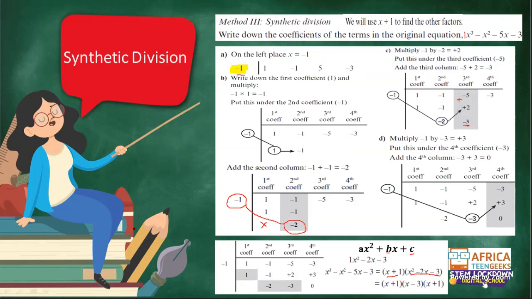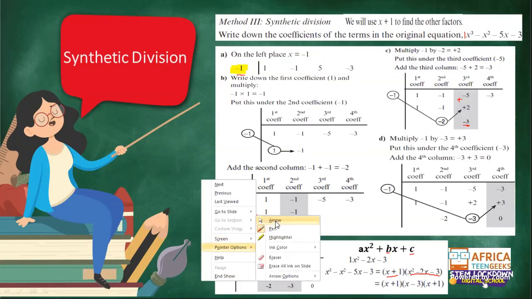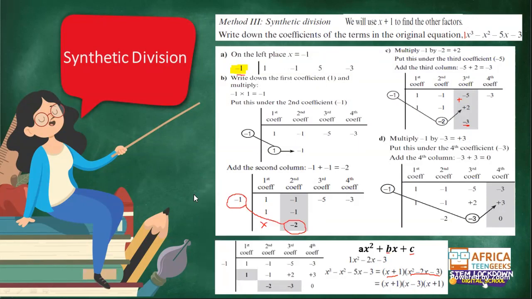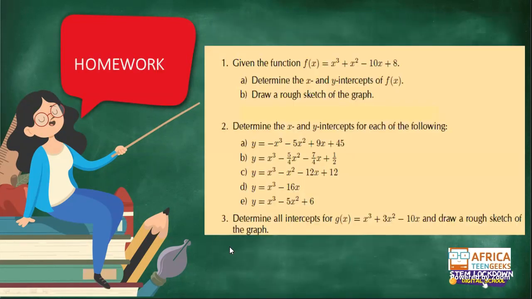Okay. So please try to do the homework and try to see which method works for you. Okay. So you can go through Mind the Gap study guide to see all these different methods and then try to use a method that works for you. So from now on, it will be easy for you to find your x and y intercept. So just try the homework using the different methods, whether it's long division or by inspection or whatever. Use a method that works for you. Okay, and if you still have questions, guys, please send me an email.